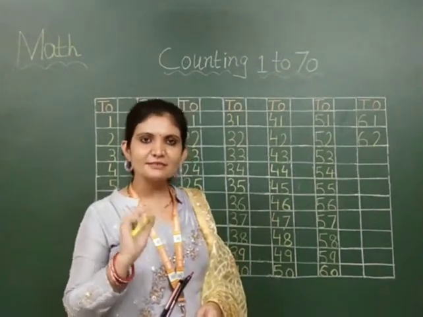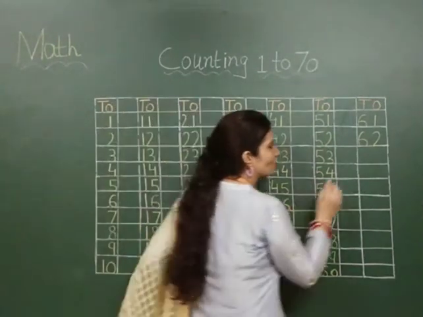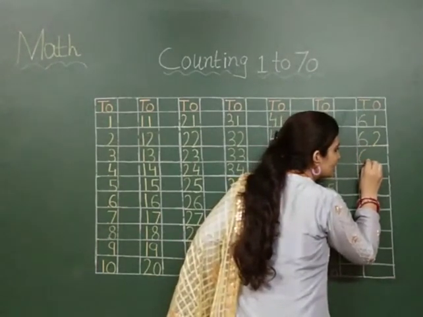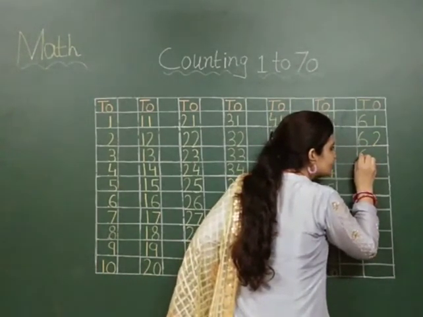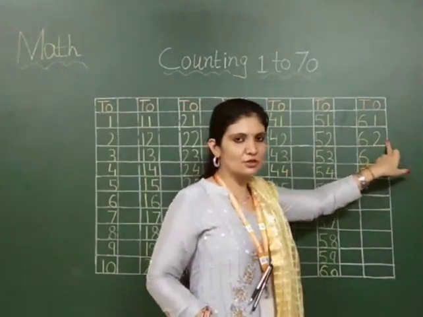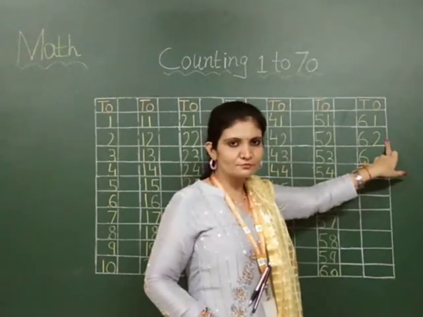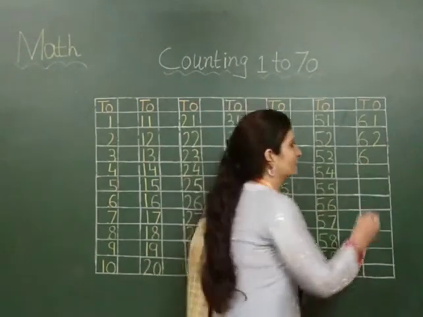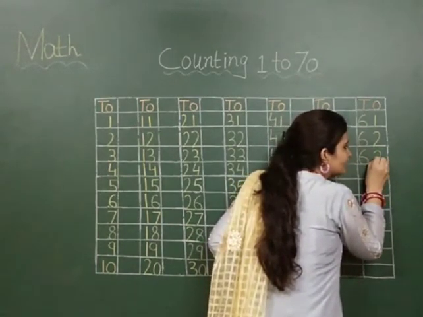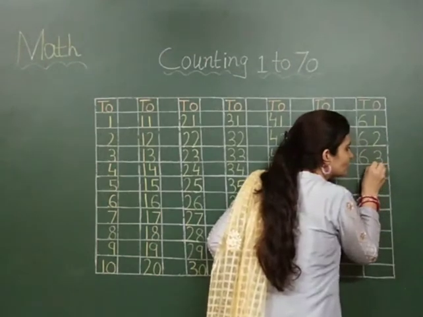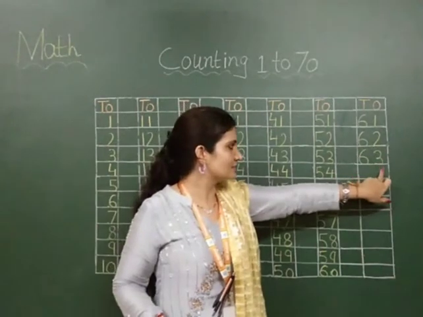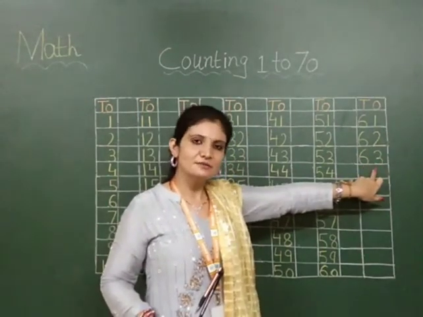Now which number come after 62? That is 6, 3, 63. First you have to make a 6 like this. Okay. Below T you have to write 6 number only. Okay. Now this is number 2. Which number come after 2? 3. Okay. Then you have to write here 3. First curve and then second curve. You have to make 2 curve. Okay. This is 6 and this is 3. It's called 6, 3, 63.